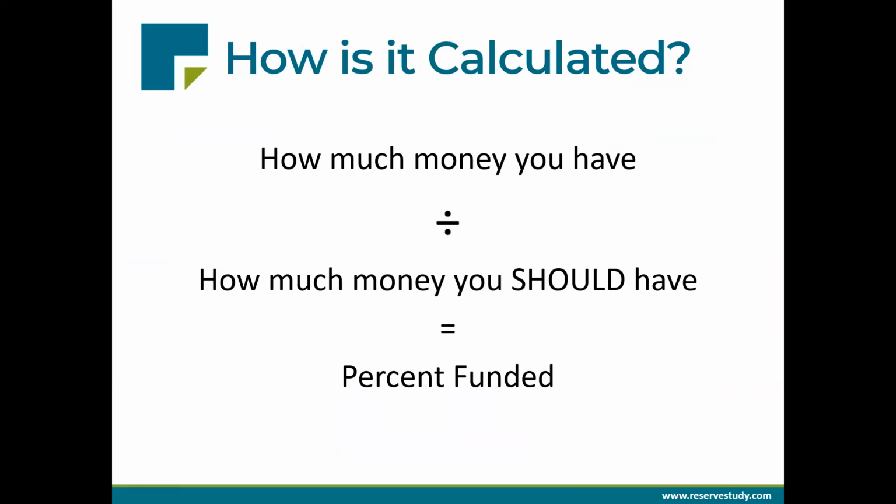All right. So that's the concept of percent funded, but now I'm going to talk about how we actually calculate it. It's a fairly simple idea. Basically, all we're doing here is looking at how much money an association has at some point in time, and then comparing that amount against how much money it should have at the same point in time. Okay, just dividing that, showing it as a percentage.